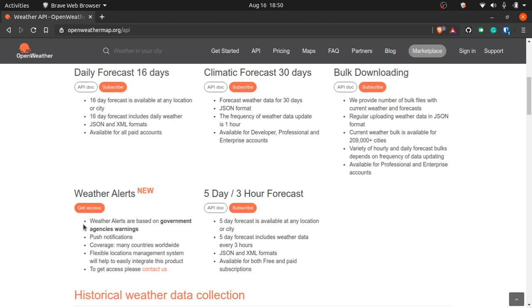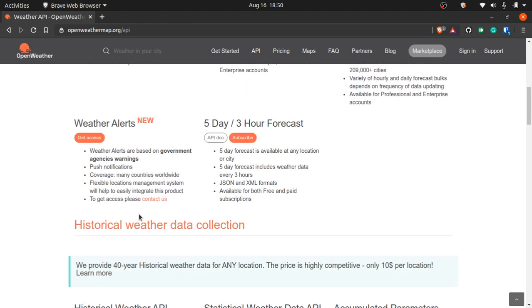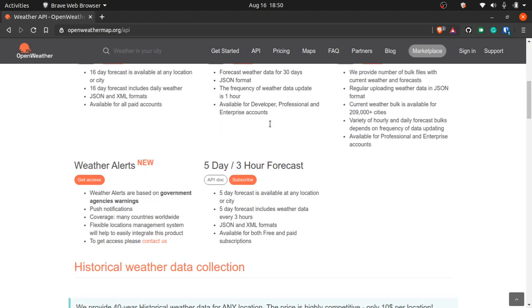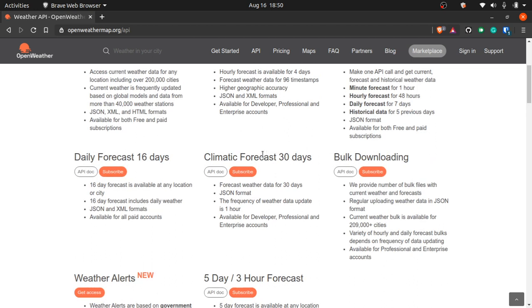There are weather alerts, so in case there's an earthquake or something, that weather alert API would alert you. There's a 3-hour forecast, and there's a climatic forecast for 30 days, in case you were making a machine learning algorithm which needs the information from the past 1 year or 7 years or 30 days. You can use this API.